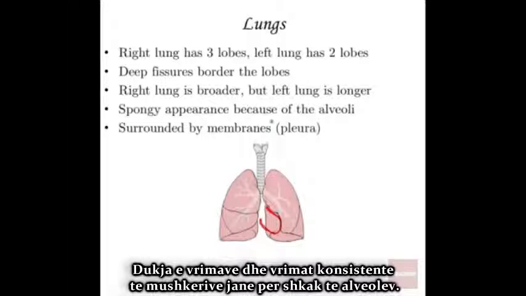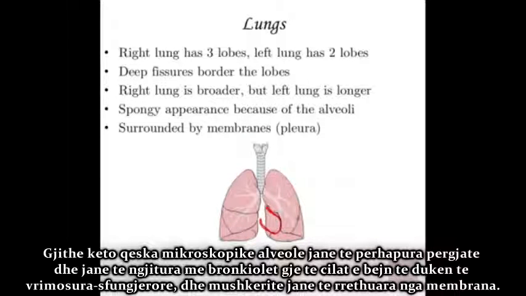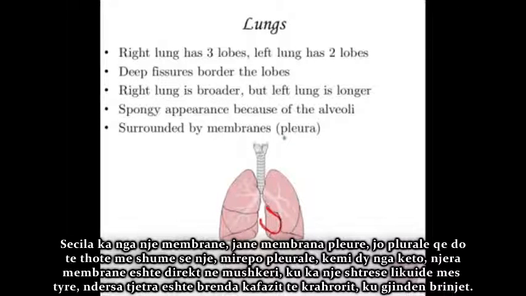The spongy appearance and the spongy consistency of the lungs is because of the alveoli. All of those microscopic air sacs scattered around adjacent to the ends of those bronchioles is going to make it have that spongy look and feel. And the lungs are surrounded by membranes. There are 2 membranes. Each of them are pleural membranes, not plural like more than one, but pleura. The pleura, you have 2 of them. One of the membranes is directly on the lungs. Then there's a liquid layer between them, and then there's pleura on the inside of your thoracic wall, or the thoracic cage where the ribs are.